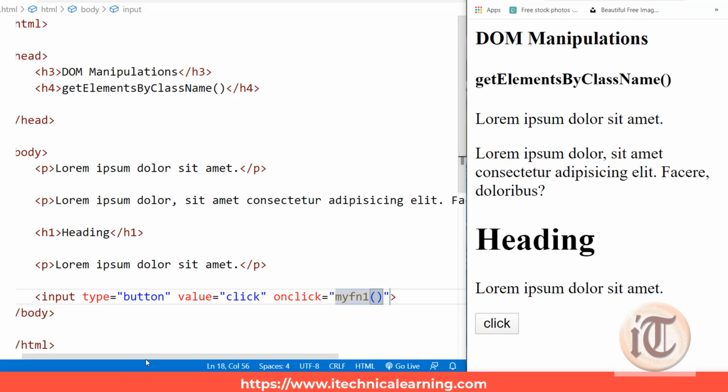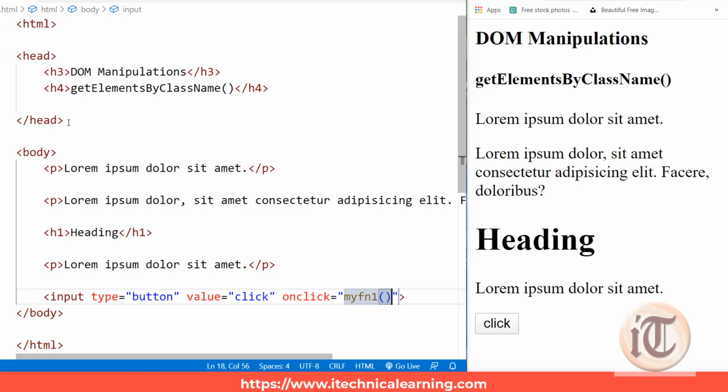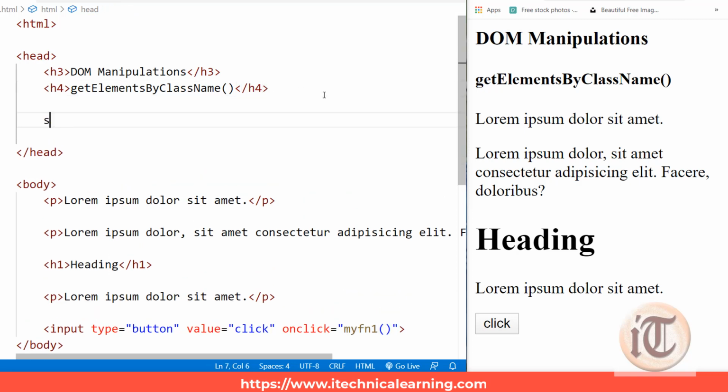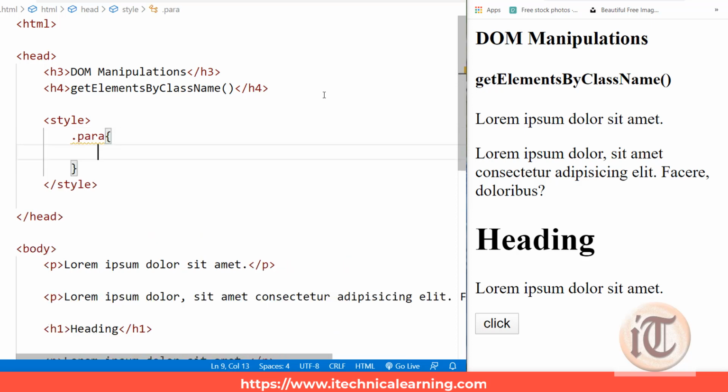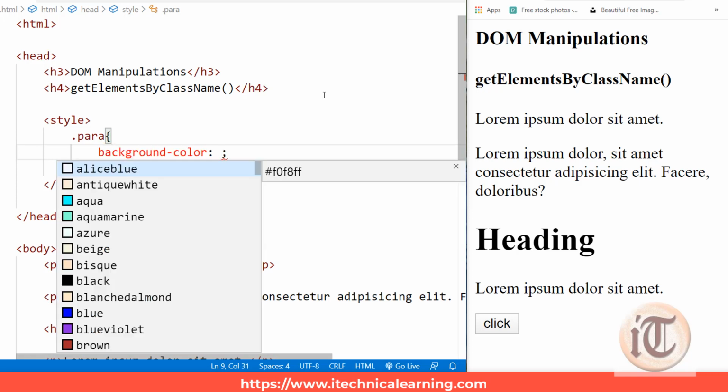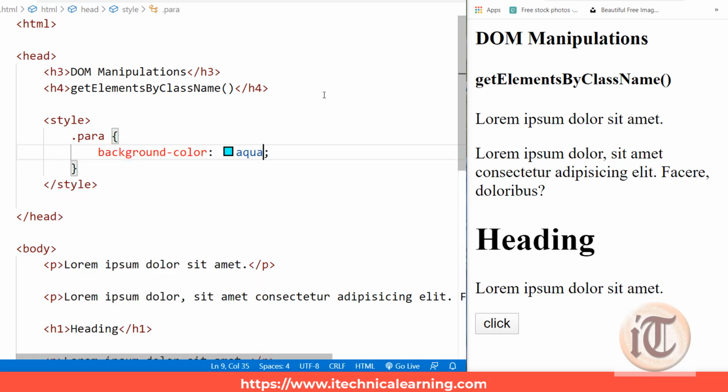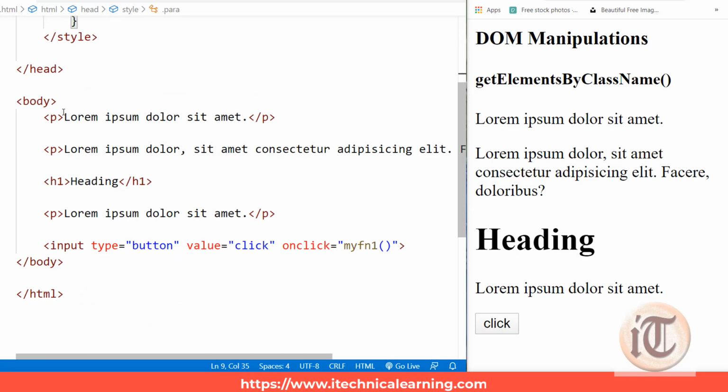Now what I mean by the class: suppose my head contains the style tag for the CSS class, and I create a class named para. I say the background color of this paragraph should be aqua, and I apply this on my two paragraphs.